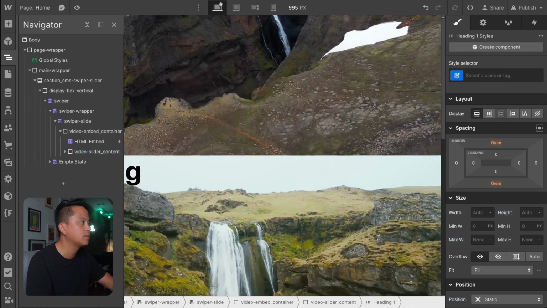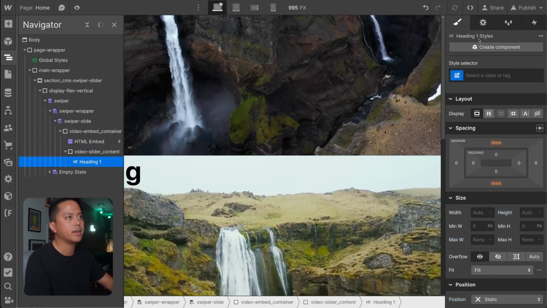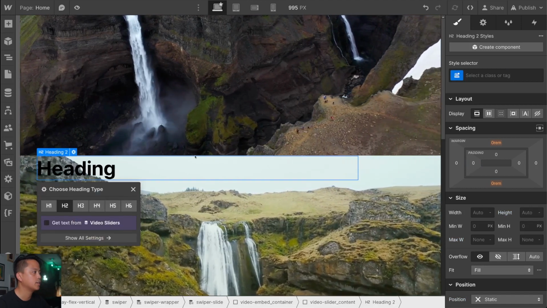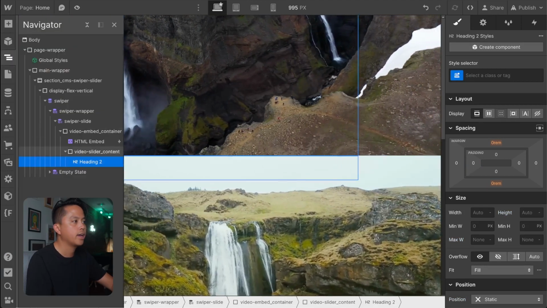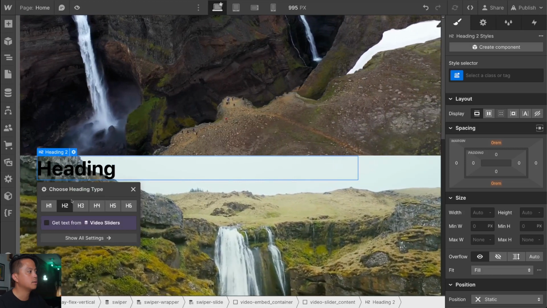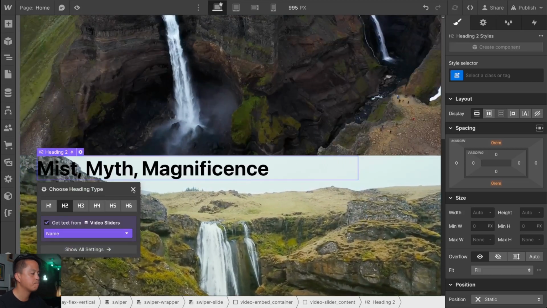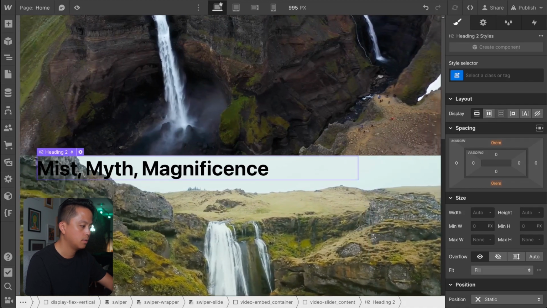So let's add some headings. It is a title, so I'll use some headings, but it's not an H1. Let's just call this H2s. And let's link it to our CMS field. So get text from video sliders. It's just the name. Perfect. So now that that's there,